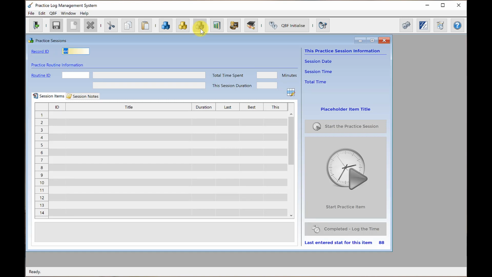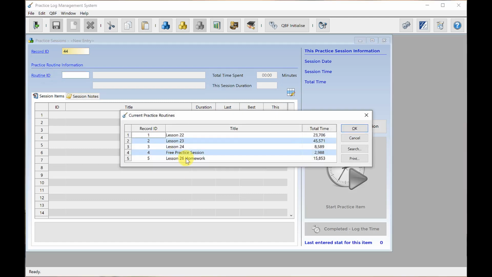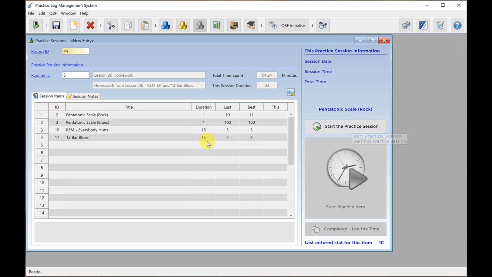So to run the practice session itself, you will simply tab off to select the current record ID. You'll then select a practice routine. So I'm just going to do lesson 26 homework. That's the one I'm working on at the moment. It will then give you the summary information about the routine, and as read only in this table you can see all of the items that you need to run, how long they're going to run for, the last score